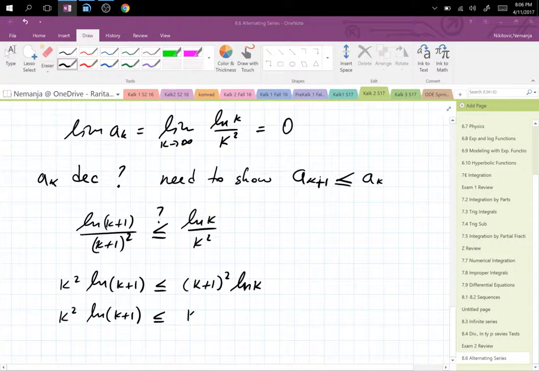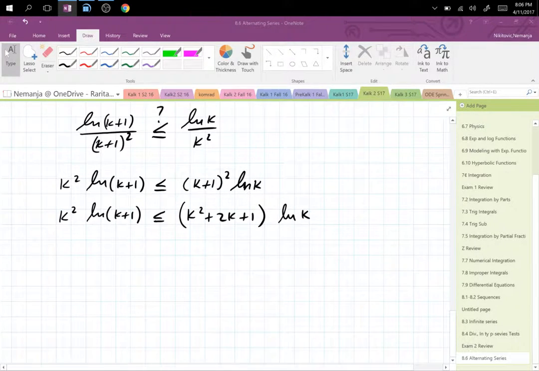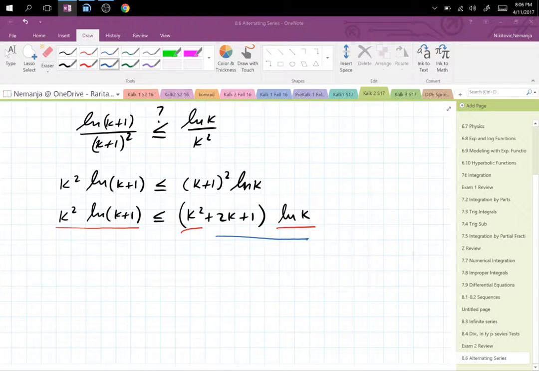The other side has k squared plus 2k plus 1, and then ln k. I hope that you see that this is almost the same as this, but this side has also this left, when you distribute. So it's clearly bigger, because you still have that extra k there that grows. So this is a proof already,